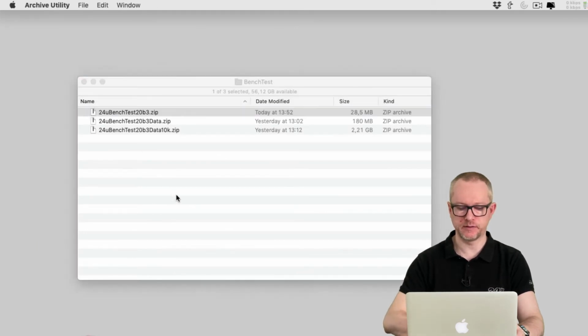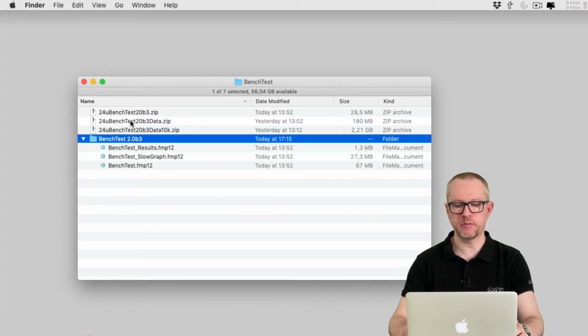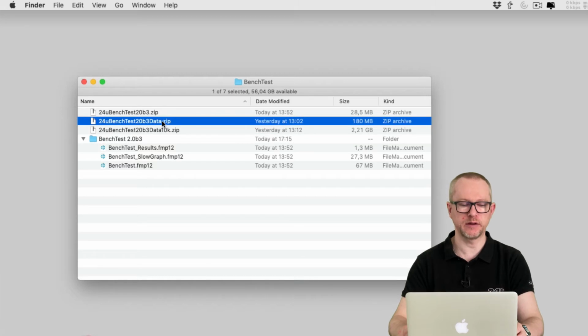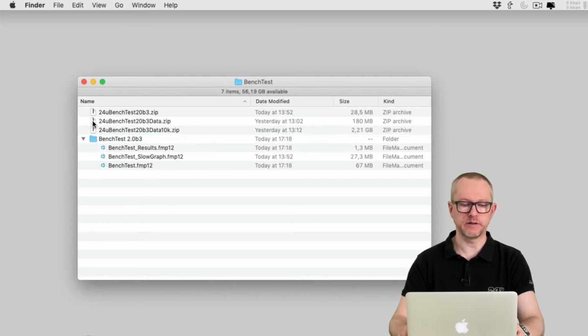data file. You can download either a small version which takes only about 180 megabytes and generate the test data yourself, which will take a few hours. Or if you have a fast internet connection, you can download the big version, which takes a little bit over 2 gigabytes and 10 gigabytes after expansion.